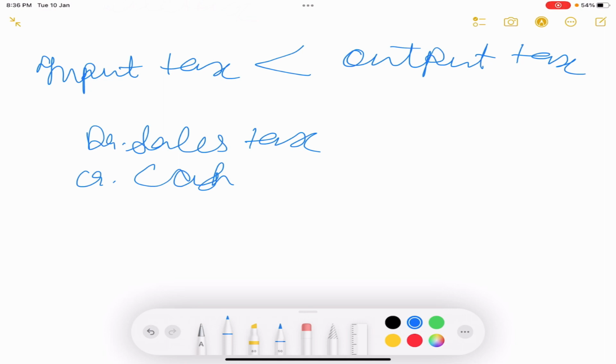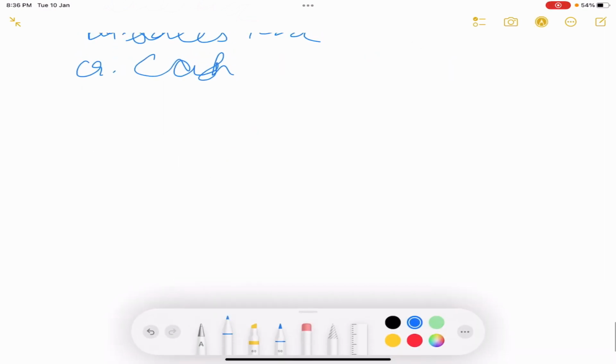Tax paid on purchases. Okay. Tell me, what is the journal entry if